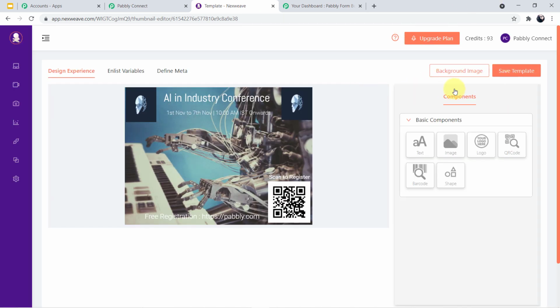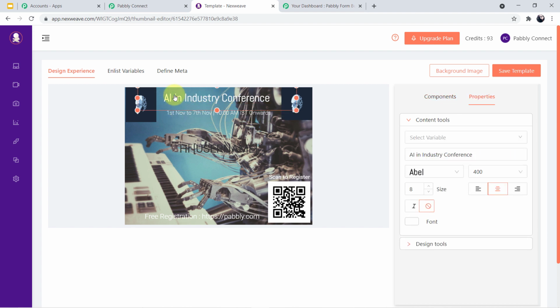Let it load for a second, please. And you can see here it is showing you components. If you click this arrow, you can see here is the help text. This is the external help text I have entered. Okay, these are the variables. You can edit the variables from here.